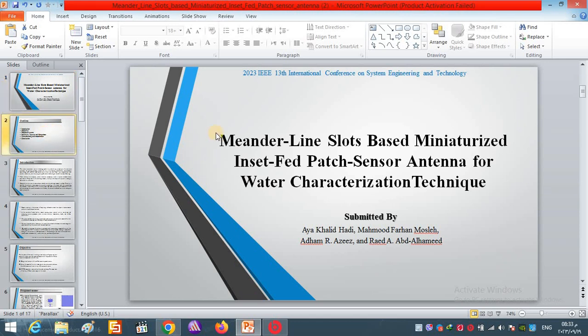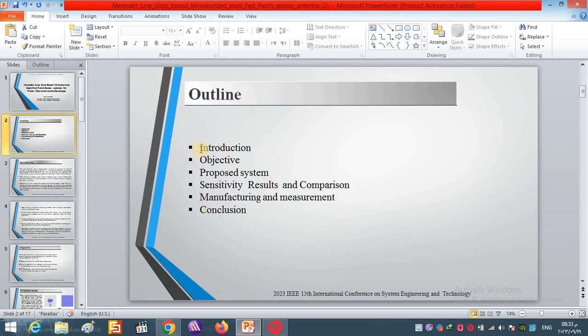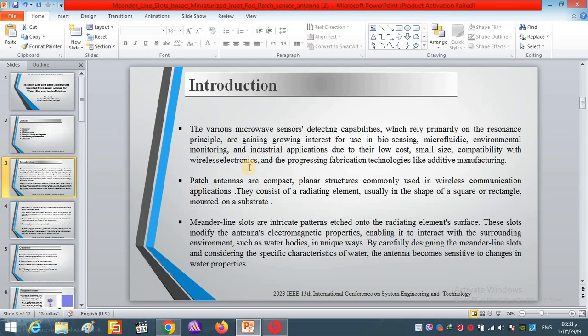The outline of our presentation is: we have introduction, objective, proposed design, sensitivity result, manufacturing and measurement, and finally we have conclusion. In the introduction, we can start with the main function of the antenna, which, as we know, is transmitting and receiving the electromagnetic wave. Moreover, in the last decade, there is another function the antenna has been used for, which is